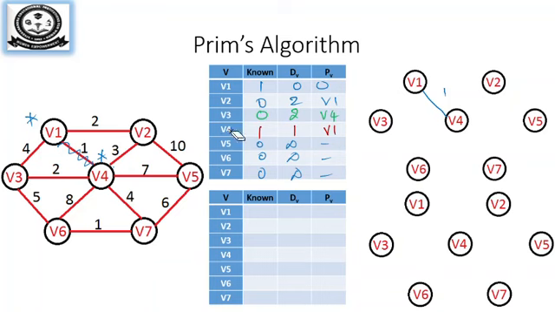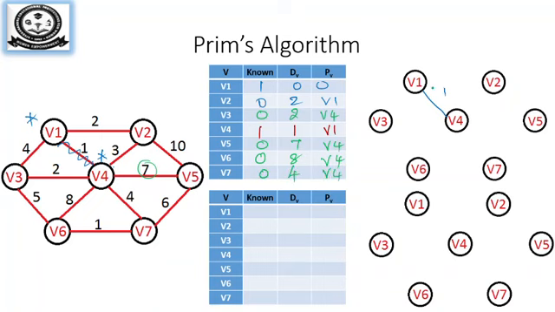Next vertex we are going to see is V5. So still V5's distance is not calculated. So we'll update that. The distance is 7. So you will have 7 and it is from V4. Similarly, V6 and V7 we will take up. V6 is connected with the weight 8. So you'll have 8 and the previous vertex is V4. And V7 is connected with the distance of 4. So its previous vertex is also V4.